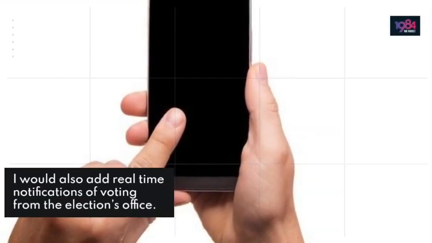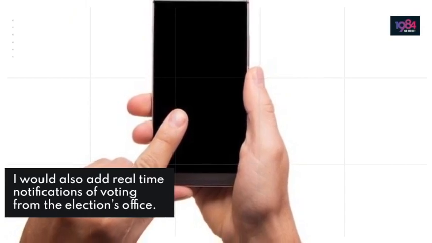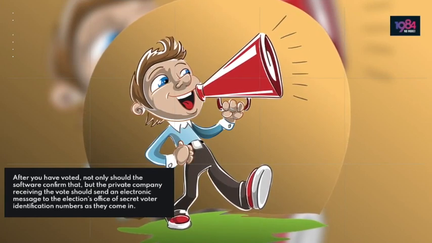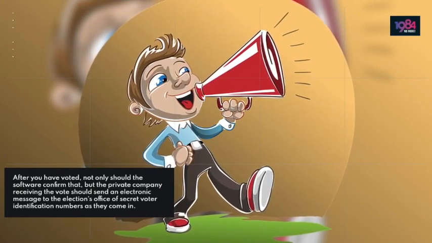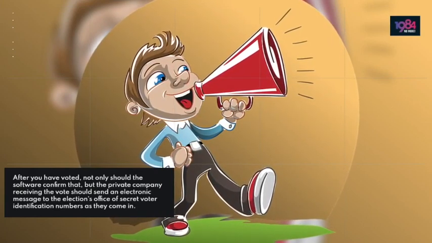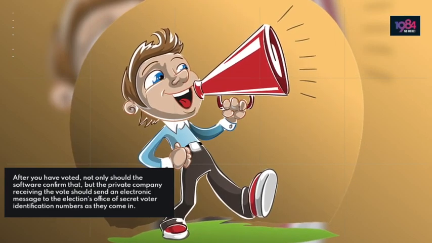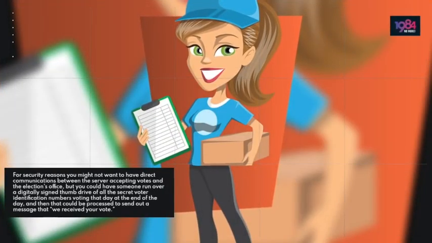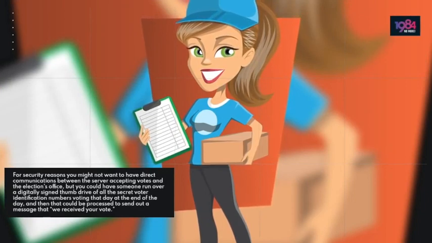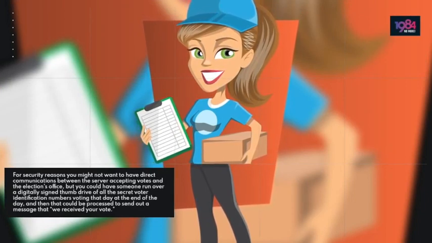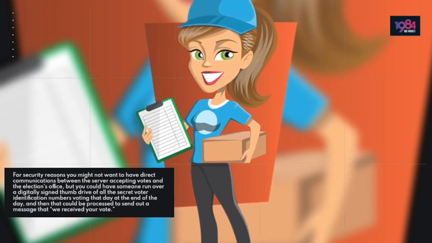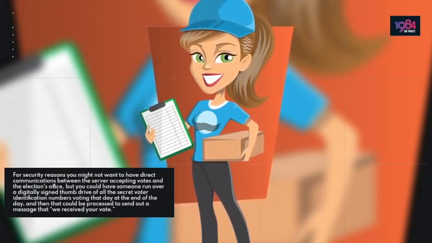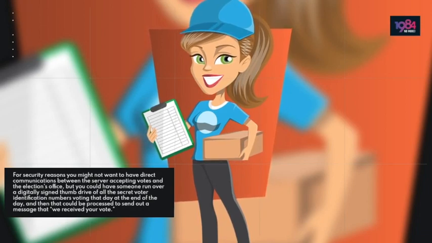I would also add real-time notifications of voting from the elections office. After you have voted, not only should the software confirm that, but the private company receiving the vote should send an electronic message to the elections office of secret voter identification numbers as they come in. For security reasons, you might not want to have direct communications between the server accepting votes and the elections office, but you could have someone run over a digitally signed thumb drive of all the secret voter identification numbers voting that day at the end of the day, and then that could be processed to send out a message that